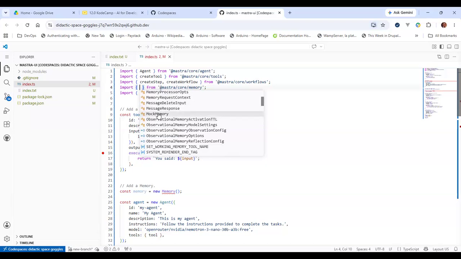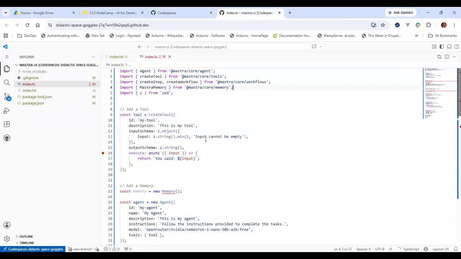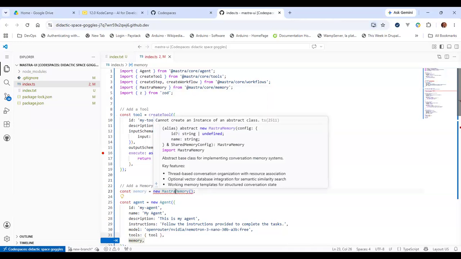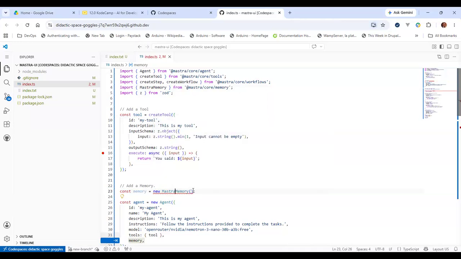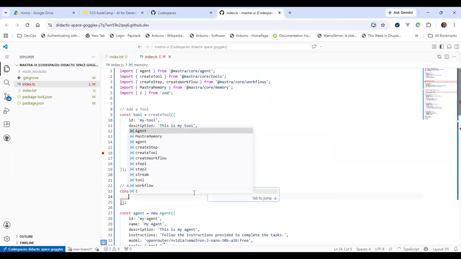I'm sure the mock memory is for use when you want to do tests. Okay, so this should be master memory, which is what they were calling memory before. And you would have to pass in the config.